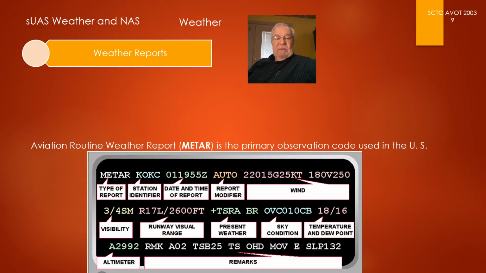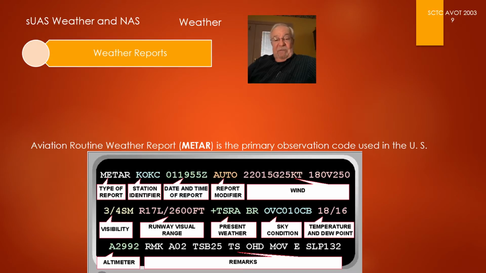So here's an example of a METAR report, and the graphic here is just explaining the format and what each little term means. We've covered this already in the concepts course, but just to review, for your own sake, review this, make sure, because on the exam, they're going to have an example of this, and they'll ask you a question about it. What's the temperature at Oak City presently?